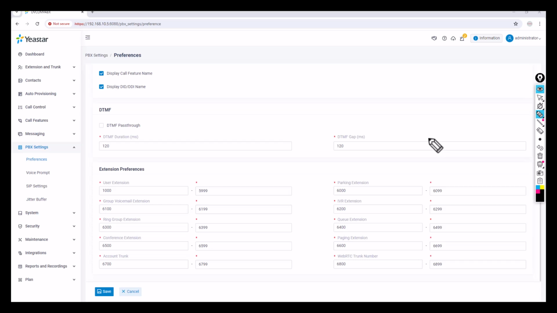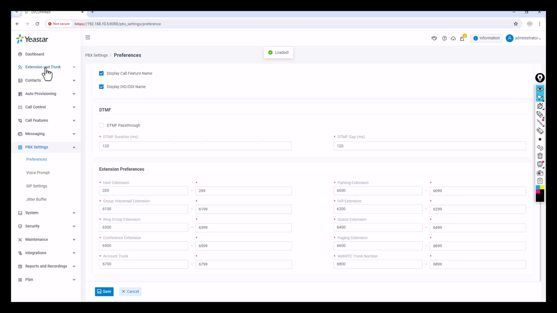But in case it is a small deployment and the customer likes to give only 3-digit extensions, you can choose, okay, I don't want different extension ranges, I want to start with 200, 201, 202, like that. So what you can do is come here and simply make the changes. Type 200 and 299. That's it. I don't want to do the remaining changes. Then you can click on save. Once you click on save, you can see it starts loading, and it's loaded as well.